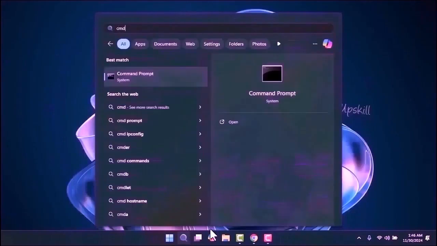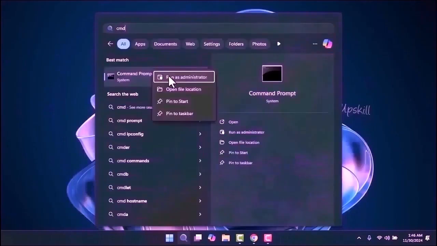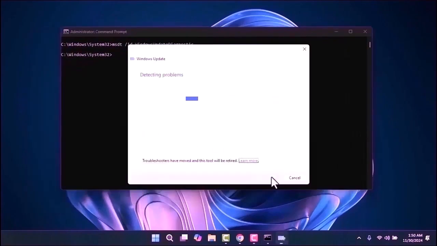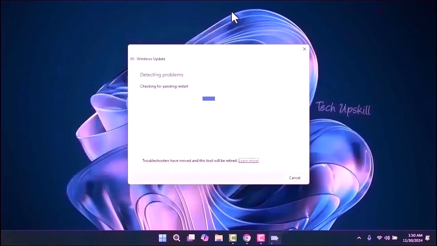Open the Start menu, type CMD and run as administrator. Then write this command: msdt /id WindowsUpdateDiagnostic, which I will leave in the video description. Click Next to allow the system to automatically detect and fix any issues. Once the process is complete, restart your computer and try updating your PC again to check if the problem is